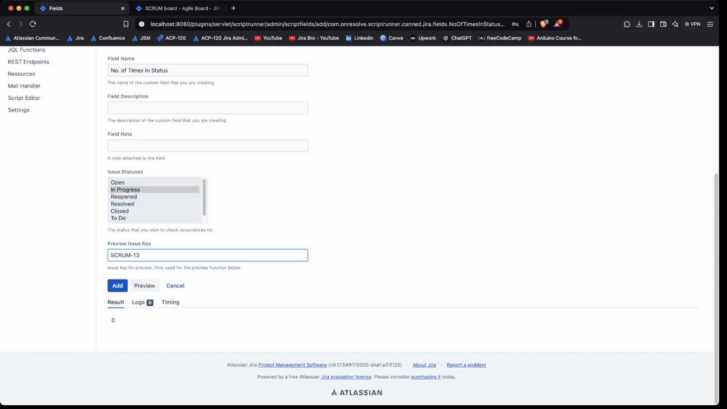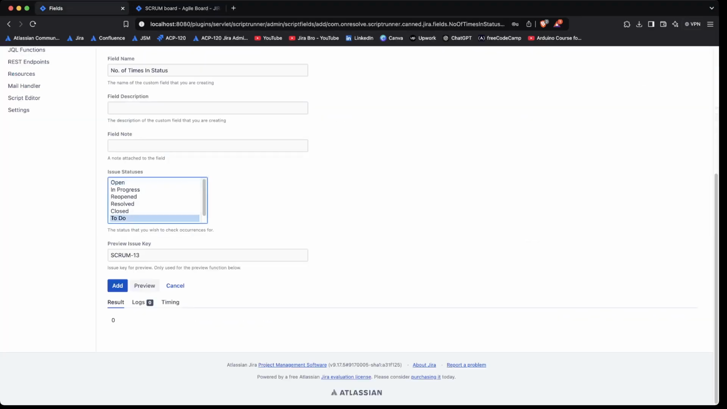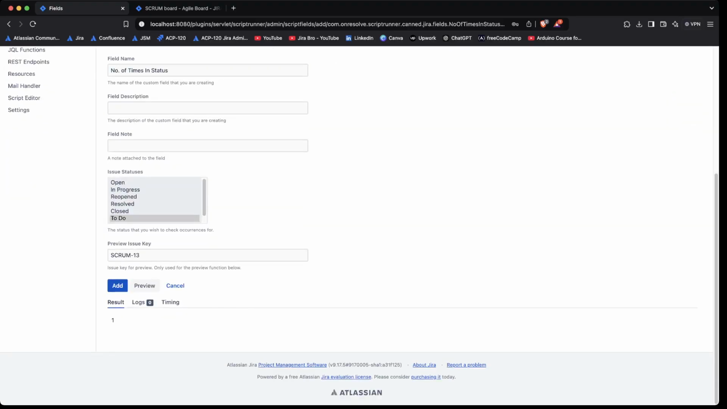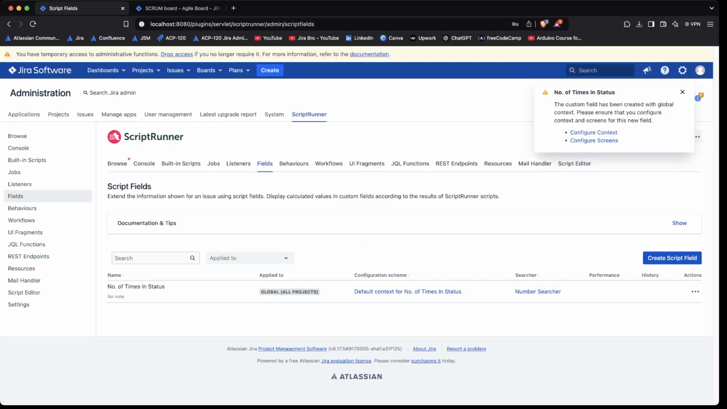For example, I want to look for a different one. For Scrum 13, it's 1. But if this is going to be for To Do, it's going to say 1 now. And this is okay because this is a brand new project, and this is something that you actually want to include. So if I click on add,